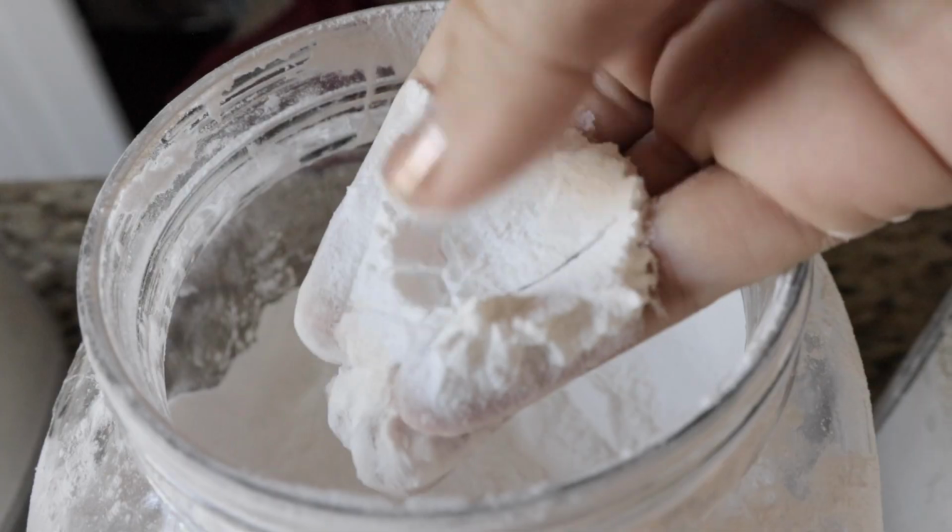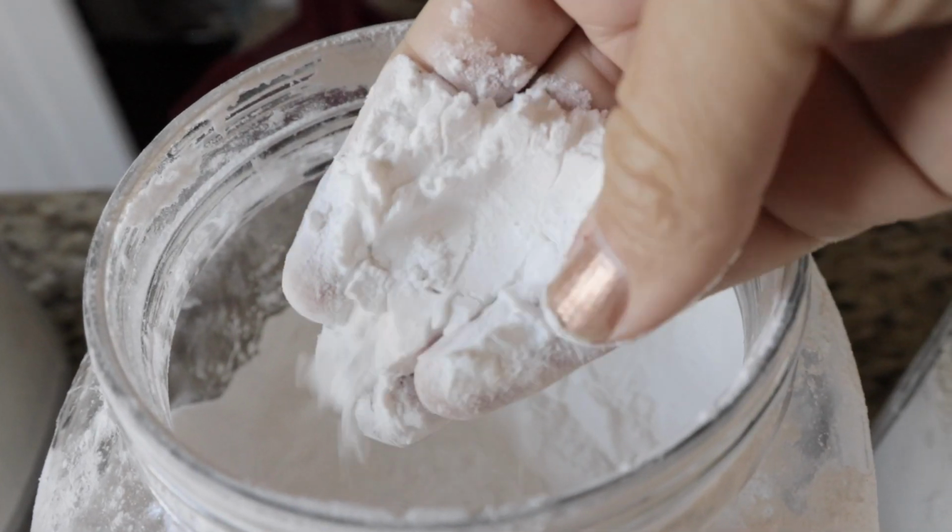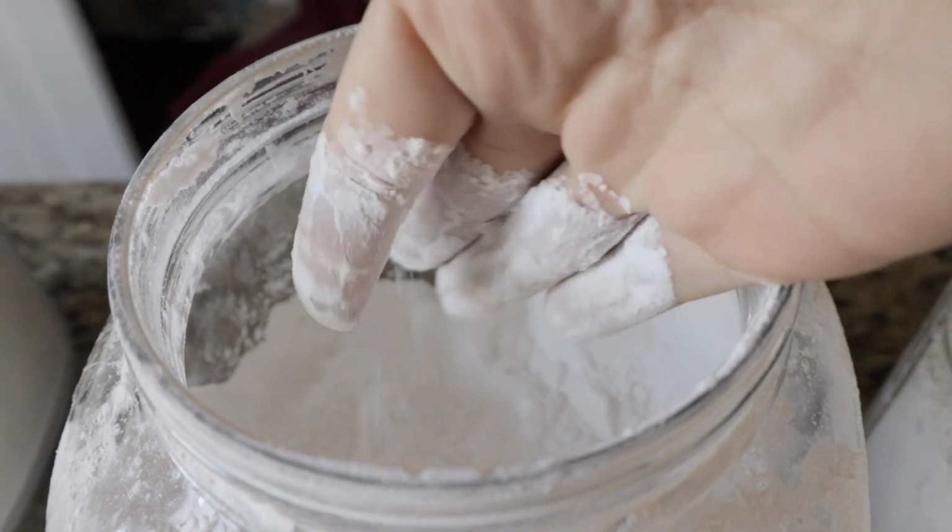So the first one is tapioca starch or flour. It's made from the yucca plant, and it is basically starch and water all broken down, and then made into a fine powder. It is a very high starch flour and can cause some digestive issues with some, so it is something to use in moderation while on AIP, but it can help thicken soups and stews as well as make some pretty